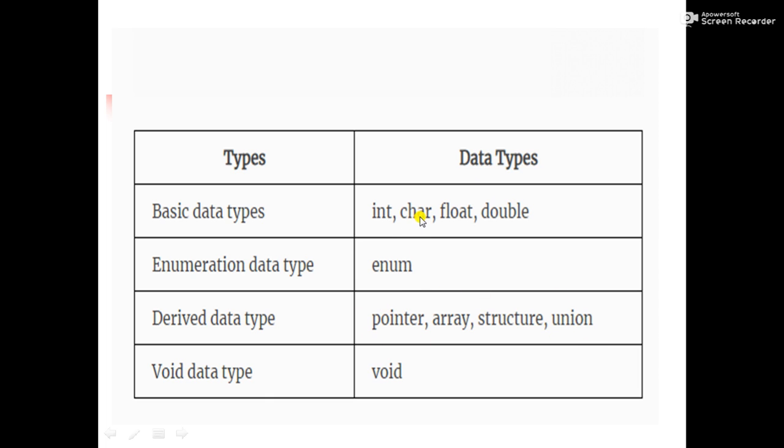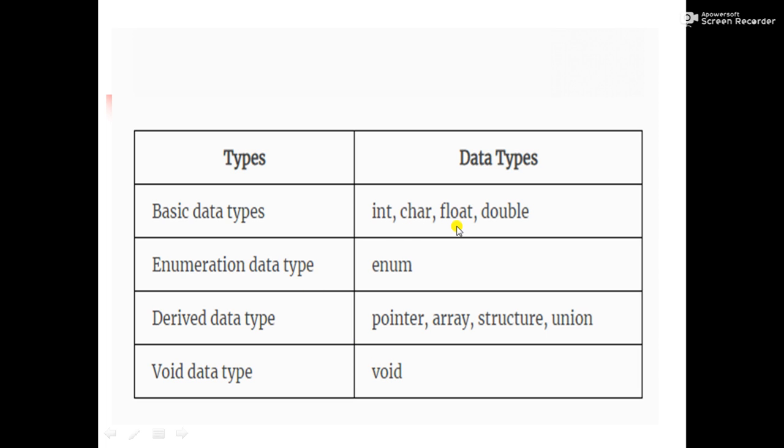By using these basic data types we can derive them. That's why they are called derived data types, and they are pointer, array, structure and union. And the last and fourth category is called the void data type, and the keyword used for declaring it is void. Void means nothing. If you are not going to store any value, it will be considered as void. So these are the four basic fundamental data types, and in that again we have the